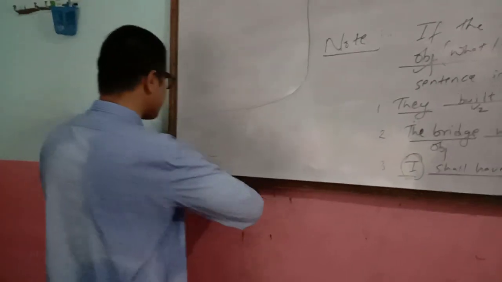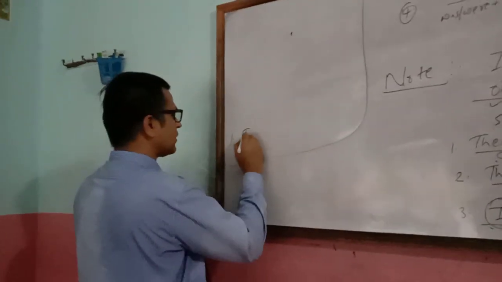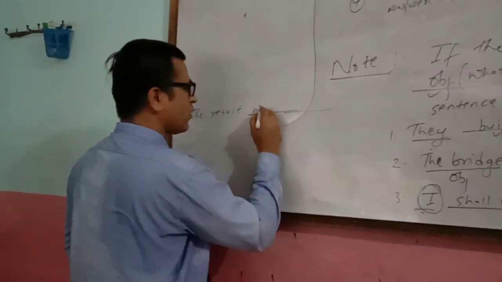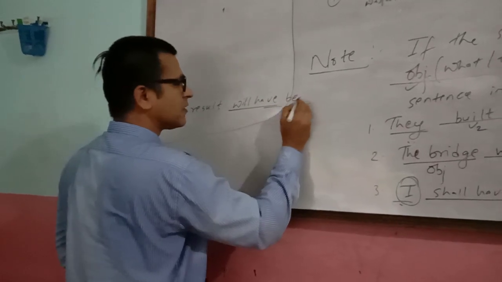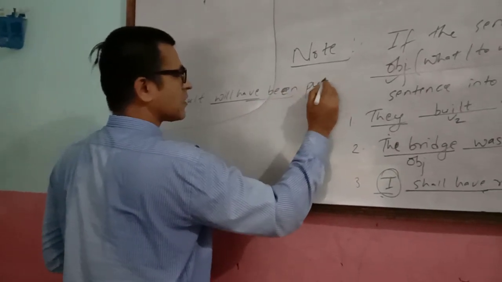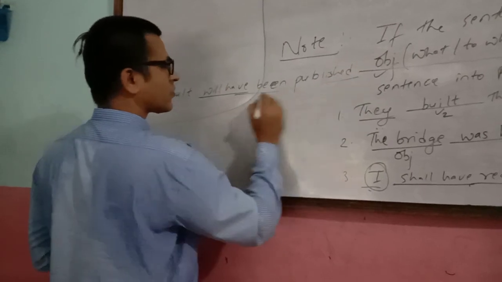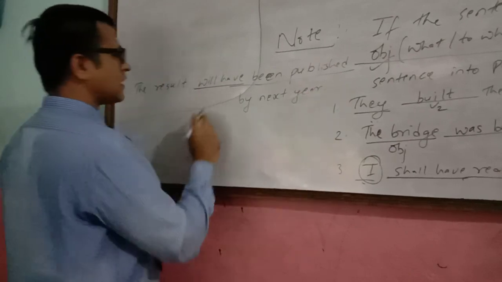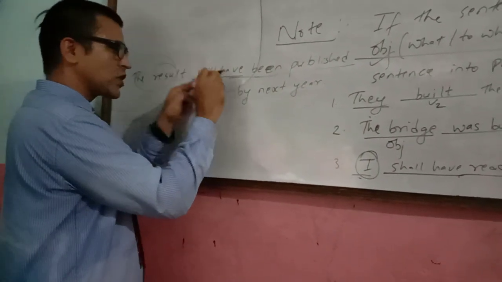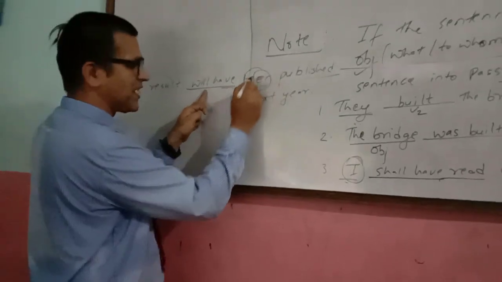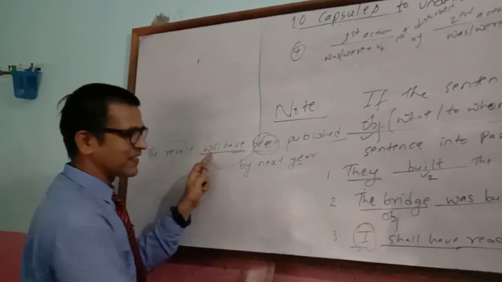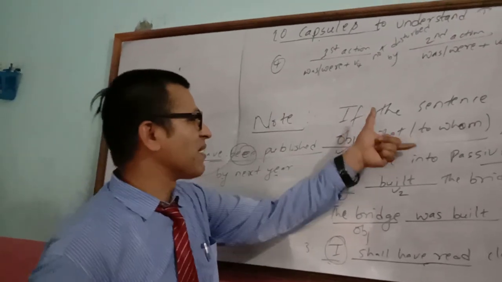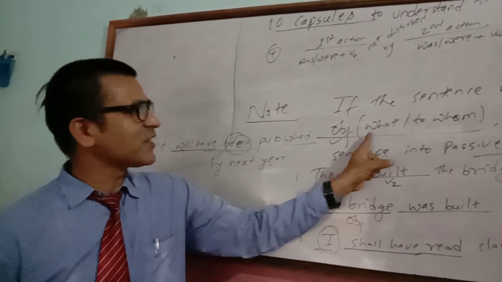At the same time, the result will have been published by next year. The result is the object, so future perfect, but future perfect passive voice using been: will have been published by next year. So don't forget this point to remember. If the sentence begins with object, what and to whom,